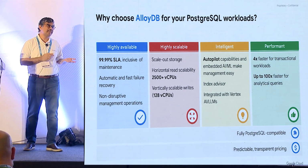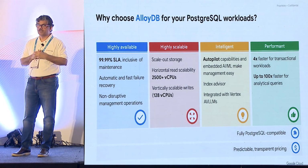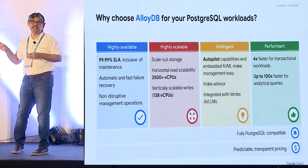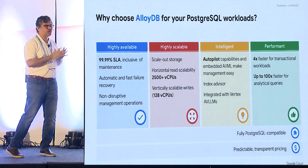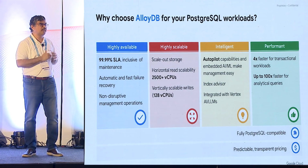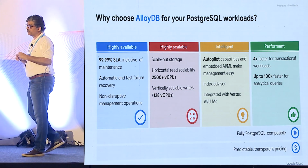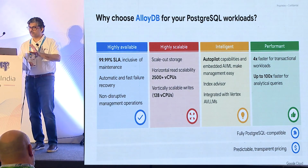In terms of scalability, the biggest AlloyDB shape we support currently is 128 vCPUs. We just announced that last week. And we can support up to 20 read replicas of a primary instance, which basically means that the read replica scaling can go beyond 2500 vCPU. So it's a hugely scalable system, and it is needed when we compete with the likes of Oracle and SQL Server, because some of those systems are pretty humongous, so we need an equivalent configuration to kind of meet those requirements as well. So that's kind of where we are with AlloyDB in terms of scale, in terms of performance,